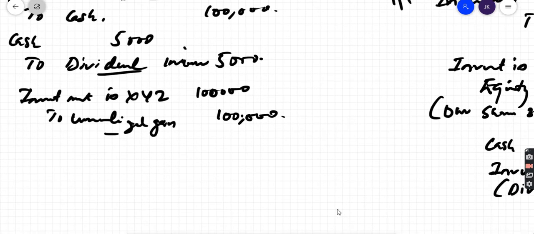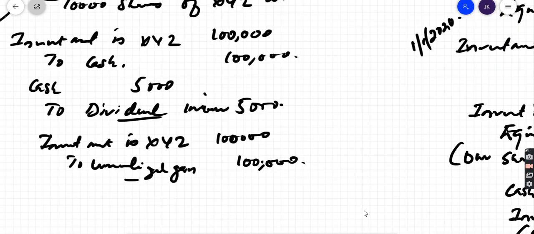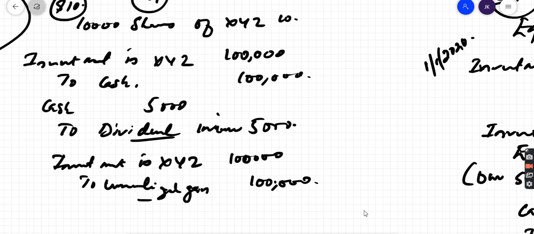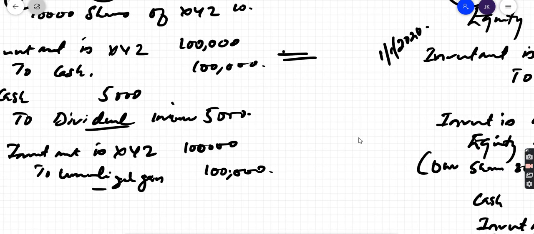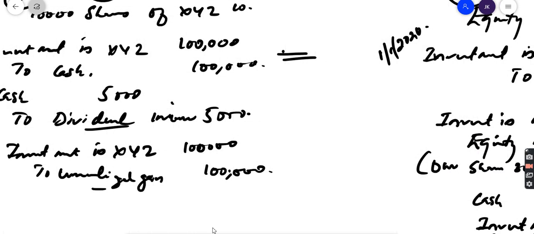One more time. Now if you see both methods, the equity method and cost method, so let's get into fair value through net income. The first entry is going to be the same, right? Both are cash to investment. But here, when they get the dividend,